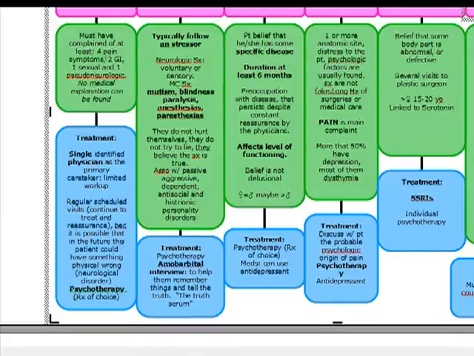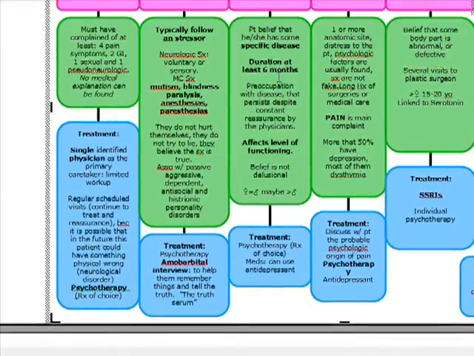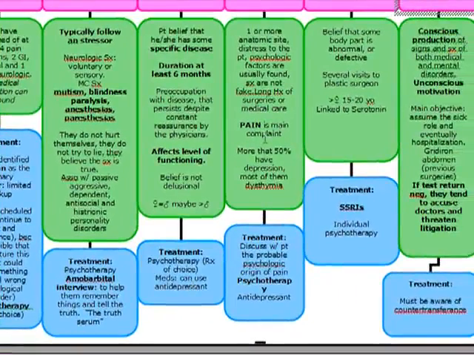Same thing with somatization disorder. They have to meet this diagnostic criteria. So our duration is going to be a minimum of 6 months, and the patient's going to have a preoccupation with disease, and the belief is not going to be delusional, okay? And despite constant reassurance by physicians, they're going to have a preoccupation with the fact that they think they have this specific disease. What else? What do we want to do in these patients? We want to have regularly scheduled visits to the doctor, and same thing, psychotherapy, okay? And we can also use antidepressants in this patient.